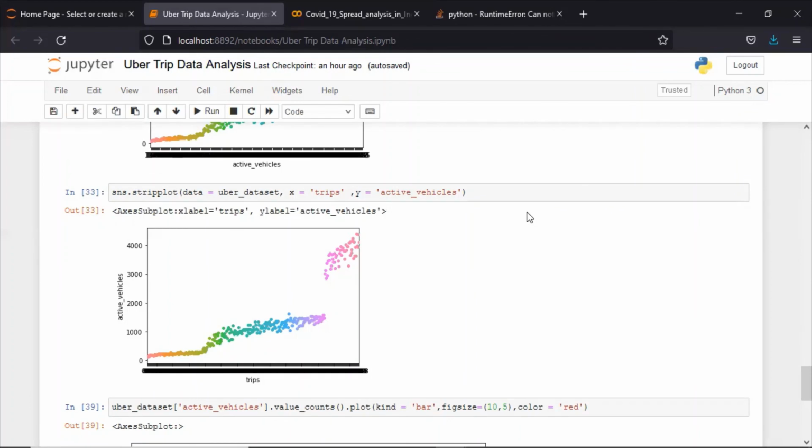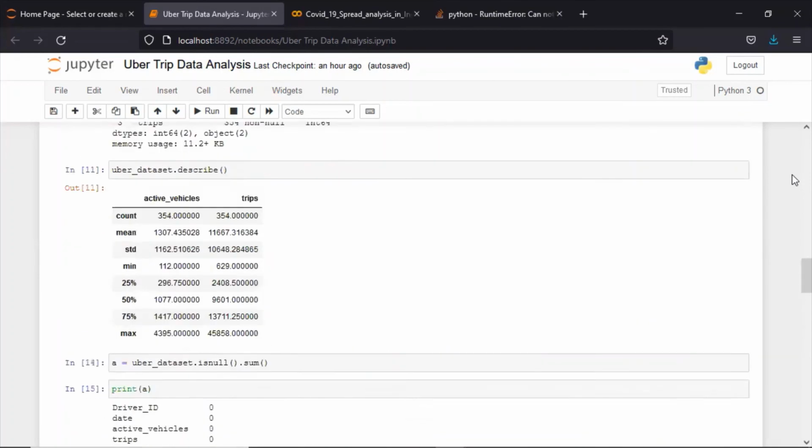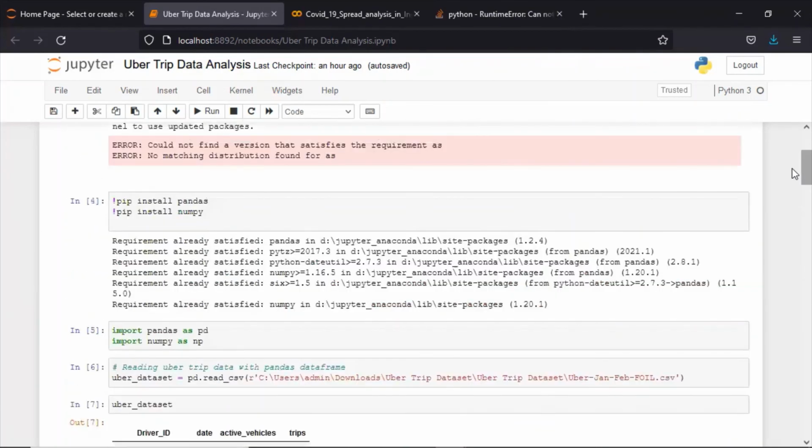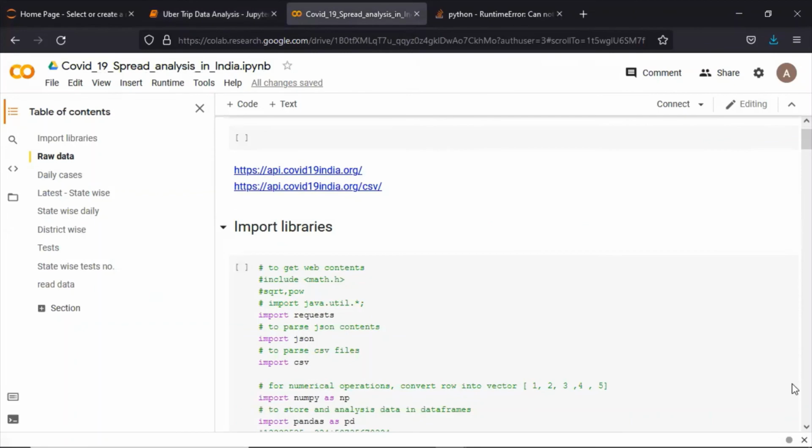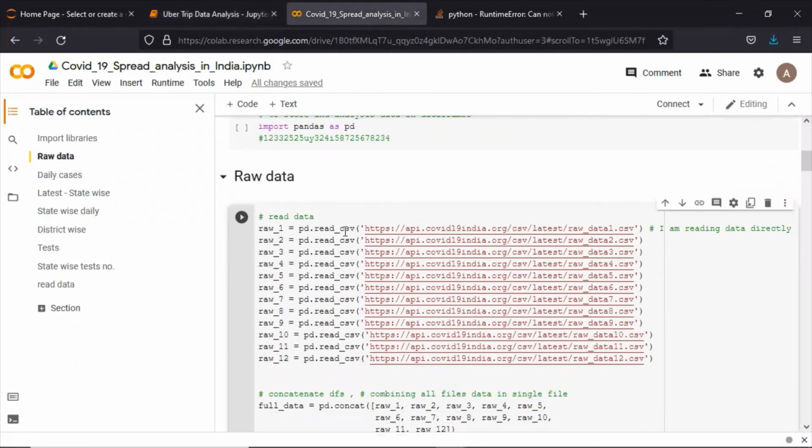This is one more variation of the project that I've shown you. Here we downloaded the open source data, and we are reading it from our local system by giving the path of the file. But if you remember the COVID project, there I used the same function, pd.read_csv, but I'm not downloading the file. I'm reading real-time data from the URL itself, so there is no overhead of downloading the data onto your system and working. So there are two variations, because we are working on real-time data.